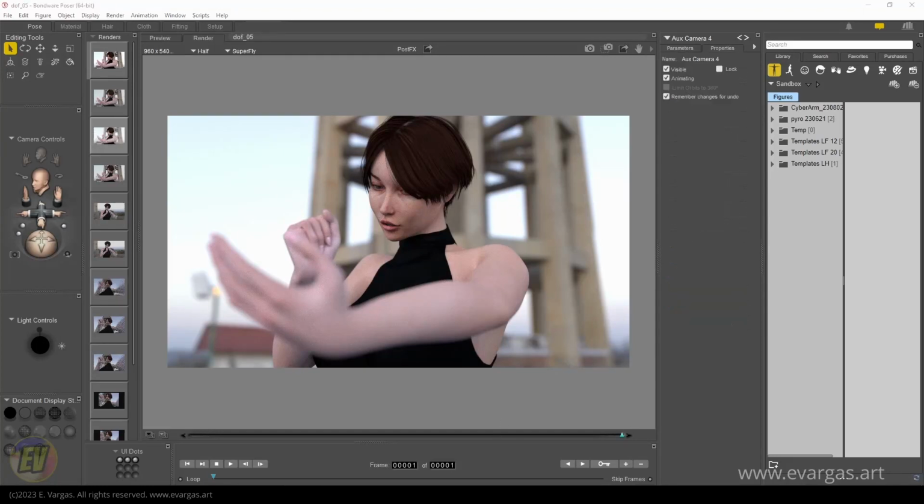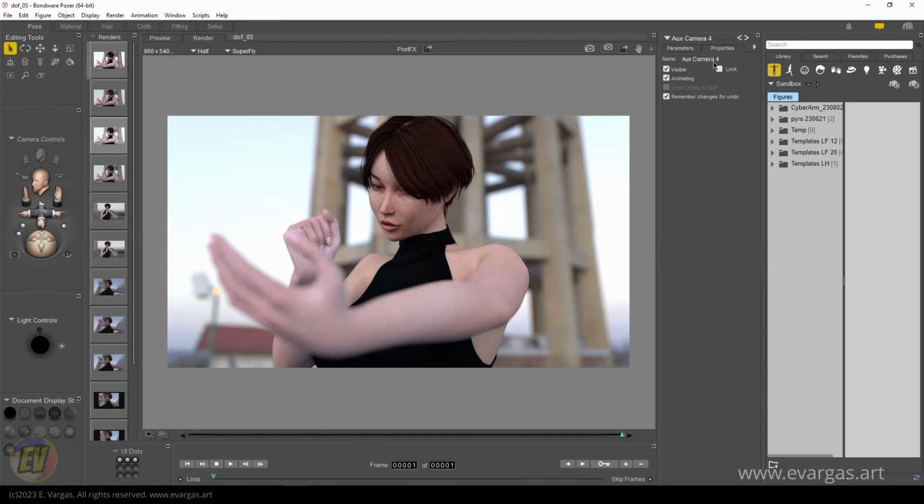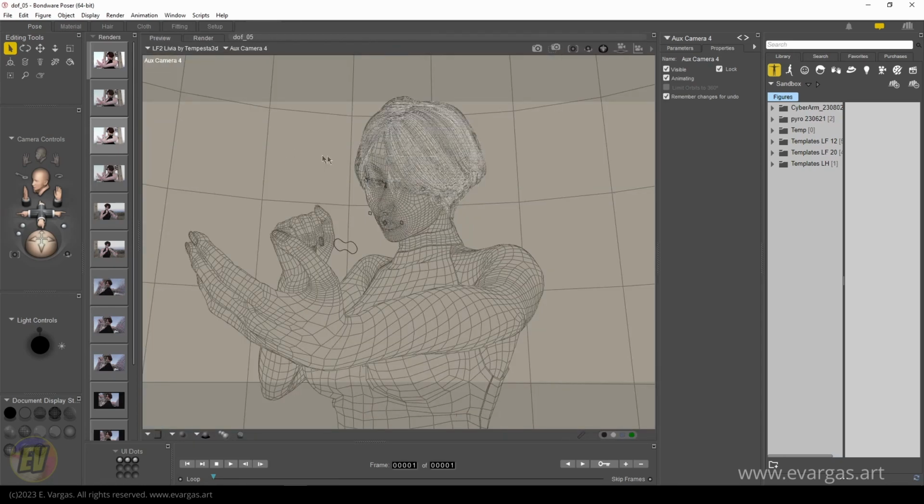Okay, and one more thing, a good tip when working with cameras is that we can lock them. It used to be in the menu, where we used Object, Lock Object, but now in this last version, Poser 13, we have this in the properties, so we can check Lock. If we mark this option in the properties for the camera, when we are working in the Pose room,